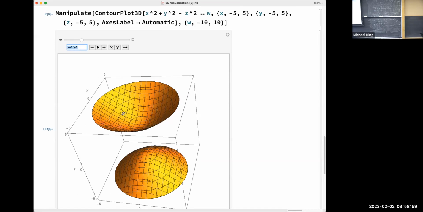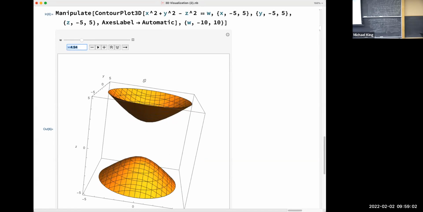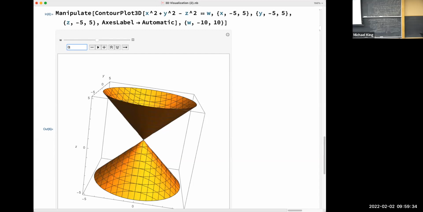Maybe at the beginning of class on Friday, I'll talk a little bit about why we might expect to get these shapes. But the interesting one is 0. What if I put in 0? We get x squared plus y squared minus z squared equals 0. Anybody have a prediction? Yeah, Charlie. Just touching at one point, right? Yeah, so it kind of has to come together and touch right at 0. We actually get a cone,